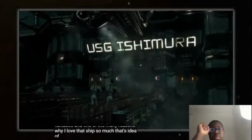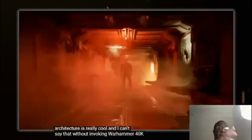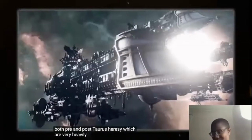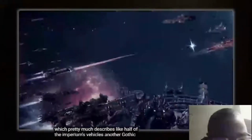That idea of infusing vessels with Gothic architecture is really cool, and I can't say that without invoking Warhammer 40k. Specifically, flying cathedrals? The Imperial Navy are very heavily armed mobile cathedrals, which pretty much describes like half of the Imperium's vehicles. Another Gothic-style ship,